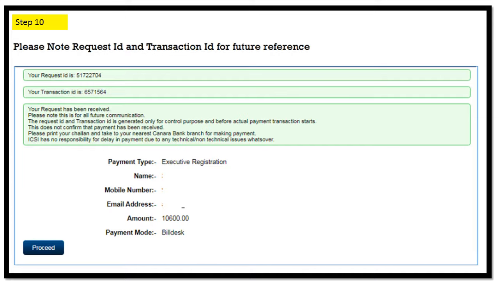Anytime you're making payments, please note down your request IDs and transaction IDs, because sometimes you need to clarify or request somebody, as sometimes payments are made and you don't get the notifications, or sometimes the payments are not made but the transaction still happens from your bank side. So there are some issues, so you should always keep your request IDs and transaction IDs, the screenshots or printouts, or you can just note them down on some paper, but you should do it, and then you can proceed. This is just a simple basic step. Keep your request IDs and transaction IDs with you.